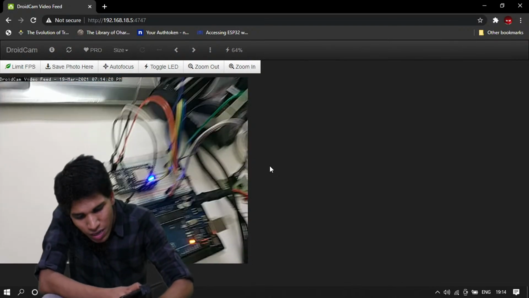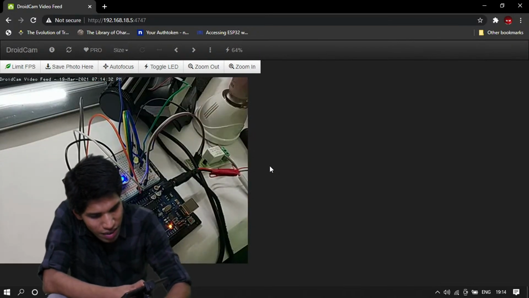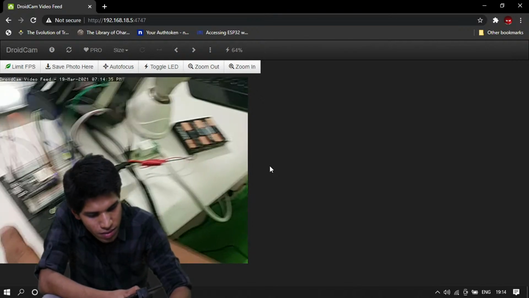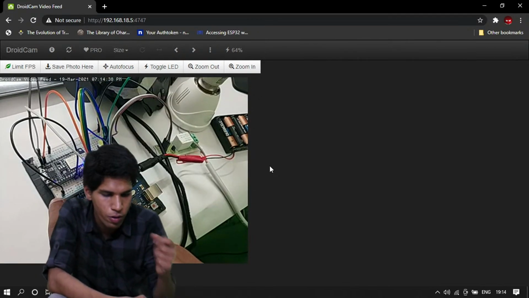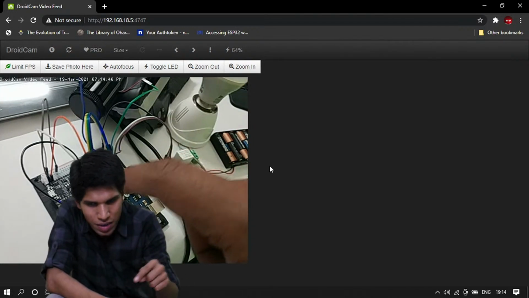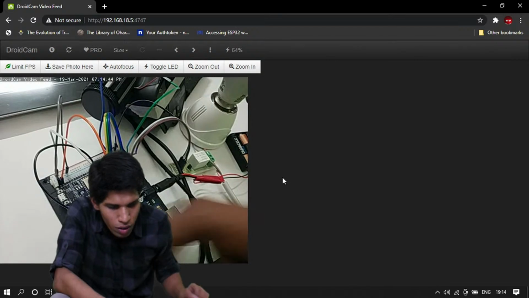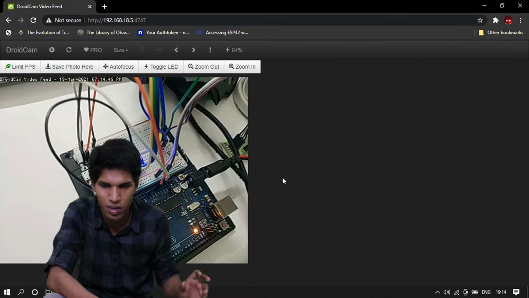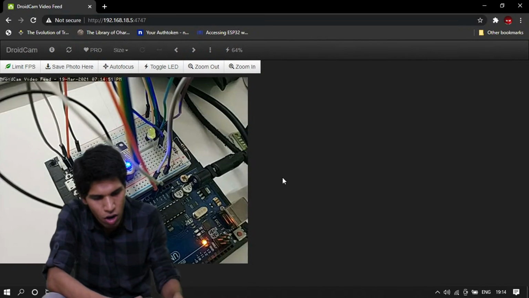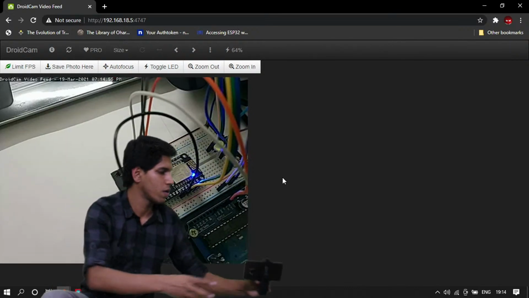We're also using something called a breadboard. You see all of these wires, they are attached to a breadboard, this white colored board with all the holes in it. The specialty of a breadboard is that it helps reduce the amount of wires we need to use in a circuit, because it has a lot of internal connections already made. Let me come back to the document.